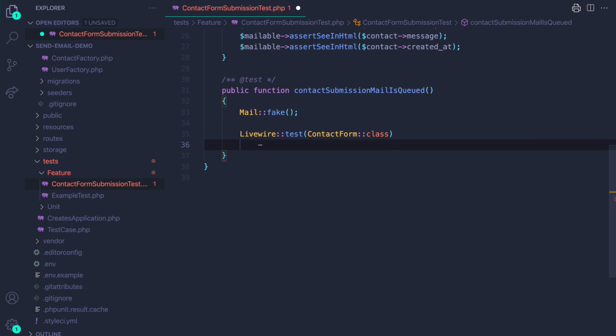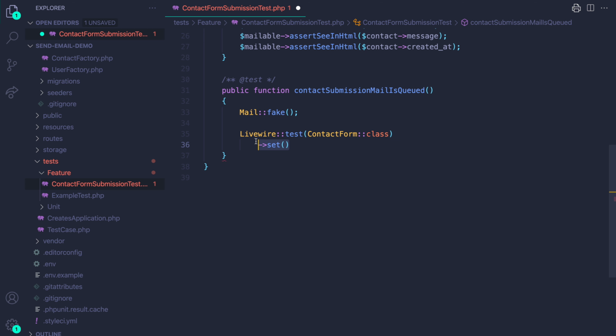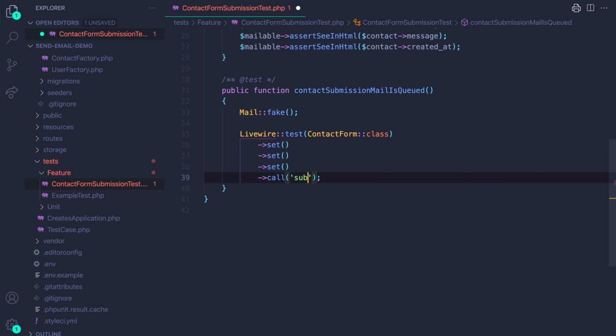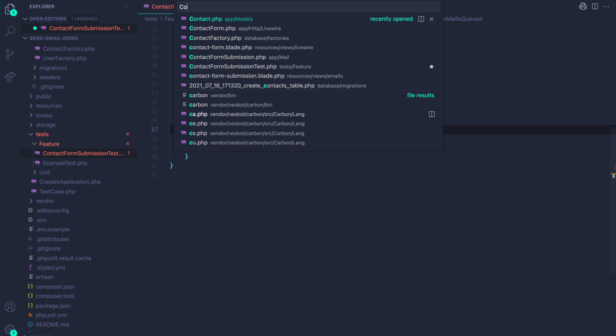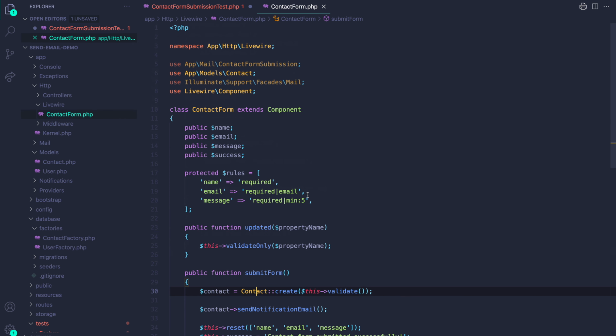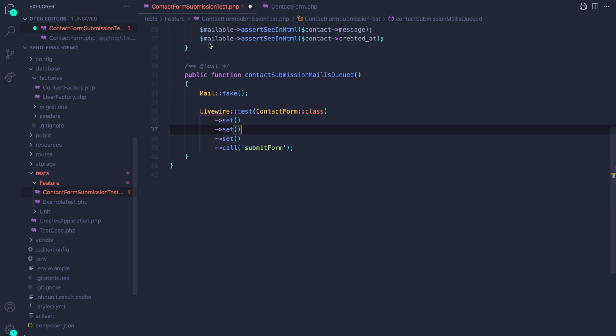And what I'm going to do is set all the data I need. So that would be name, email, message. And then I'm going to call the submit form method that actually submits the form on the component. Let me actually show you that so we're not getting confused. So I'm just going to set this data here in the test and then call the submit form test just